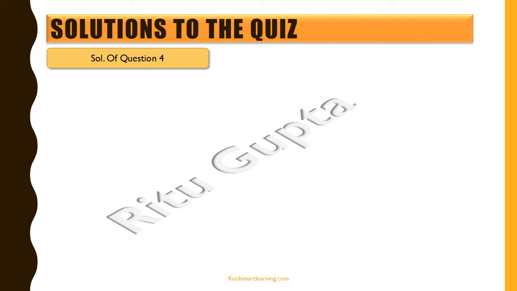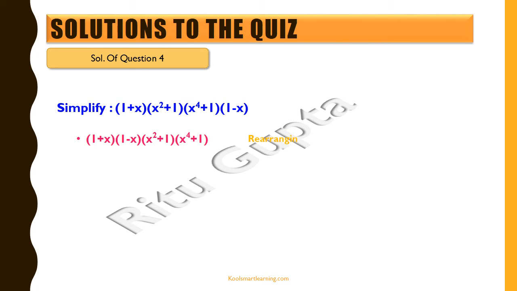Now let's look at the solution for these questions. First one was simplify this expression. First of all, we'll rearrange this because we know that 1 plus x and 1 minus x, if we put them together, we can probably use an identity. So we rearrange to bring them together. We make it 1 plus x into 1 minus x into x squared plus 1 into x raised to power 4 plus 1. So now it becomes 1 minus x square,